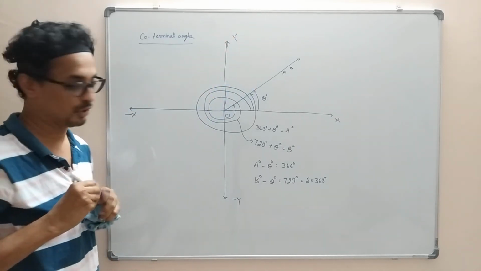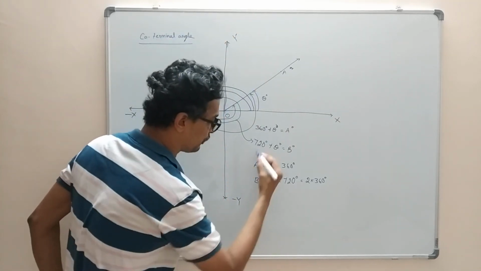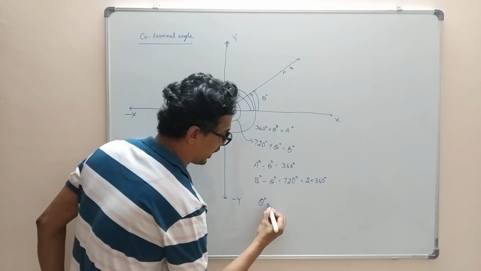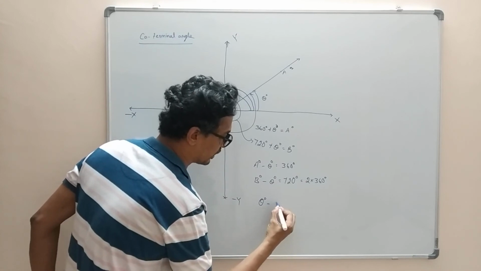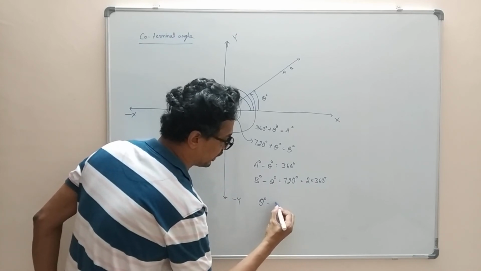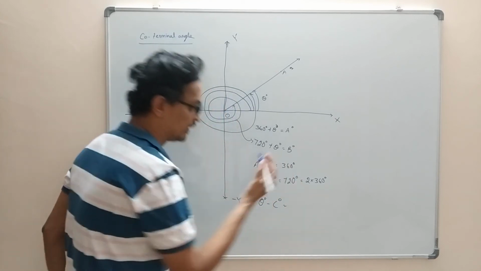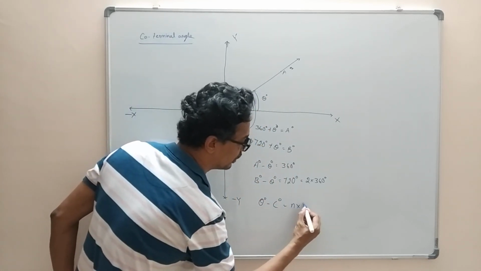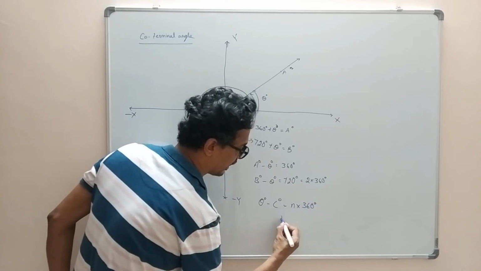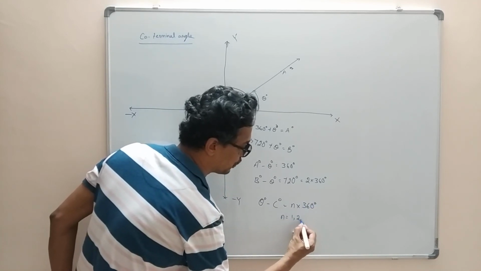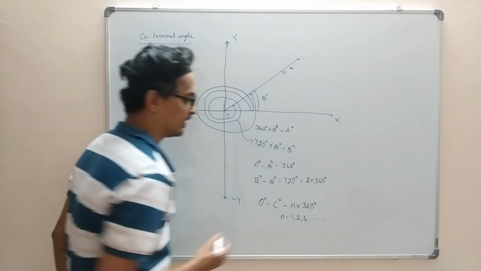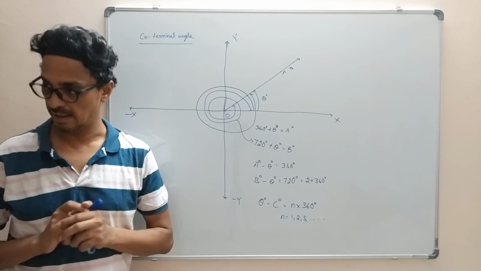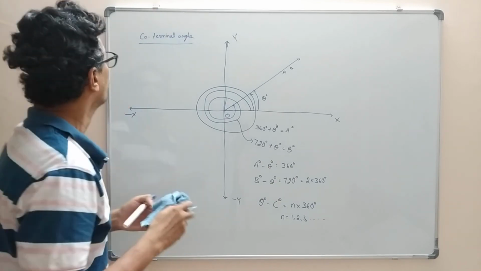Okay. So in general, let me have any two angles. If your theta degree minus some angle, let me call it C degree, it can be any angle, if this difference is n times 360 degree, where n can be 1, 2, 3 or something like that, then you call these angles coterminal angles. Okay? Fine. So now